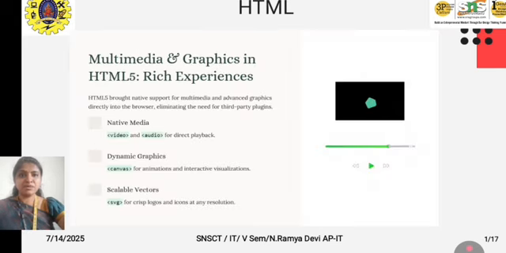HTML5 is also very rich in multimedia, like we can include audio and video by using an HTML element itself. For including audio, you can use an HTML tag called audio, and for including video, we can use an HTML element called video. And then for dynamic graphics, there is canvas for animations and interactive visualizations, and scalable vectors like SVG for crisp logos